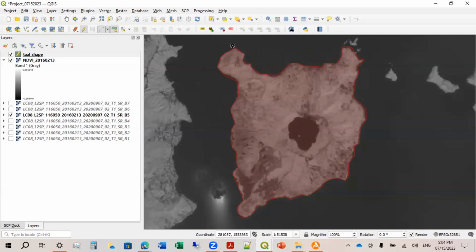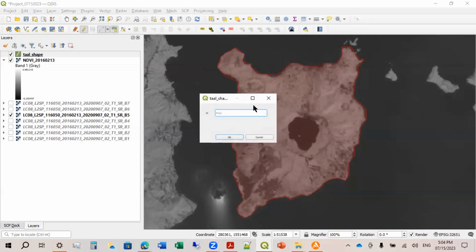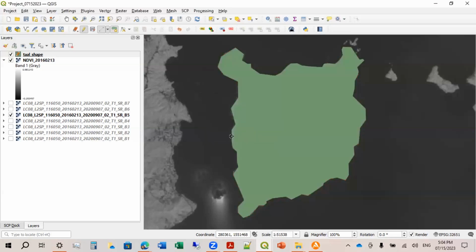Okay, now once you're finished, click the right mouse button, and then this dialog will appear. Just right here, 0, and then click OK. So this is now your shapefile.